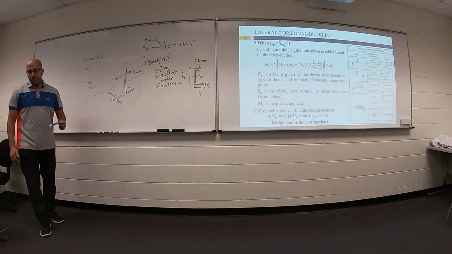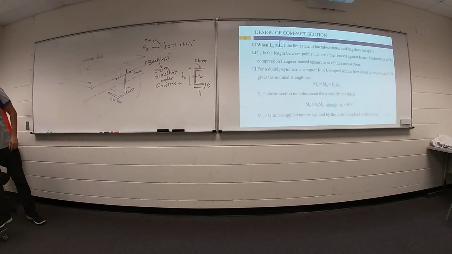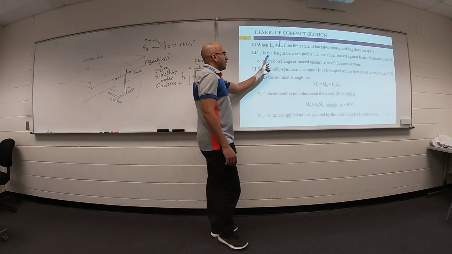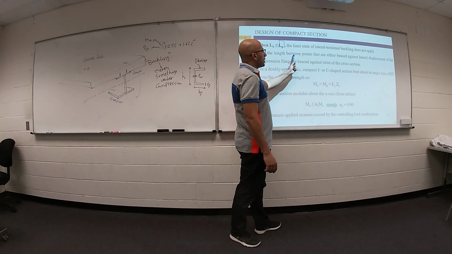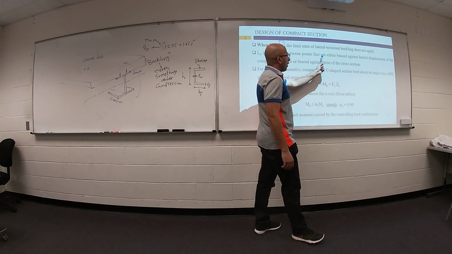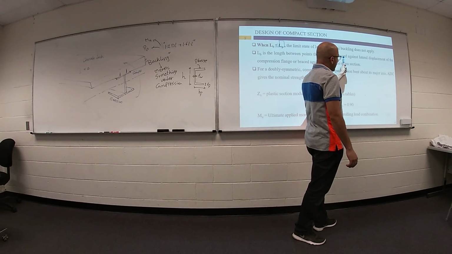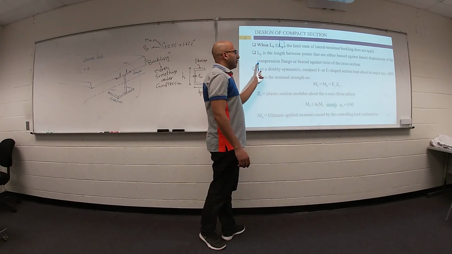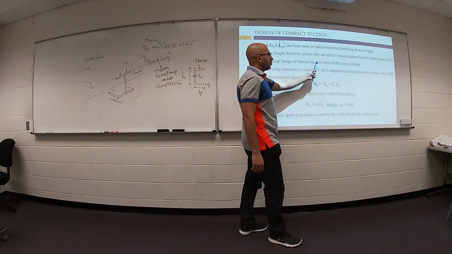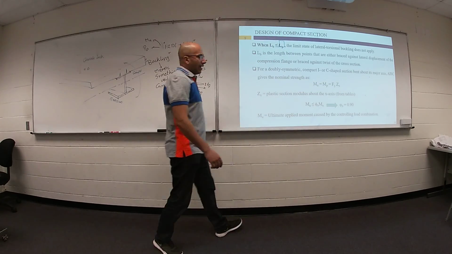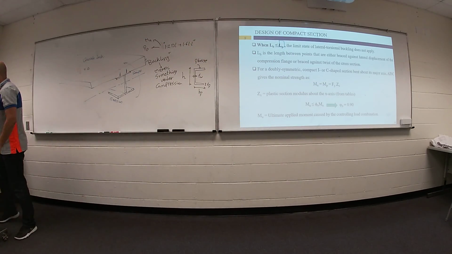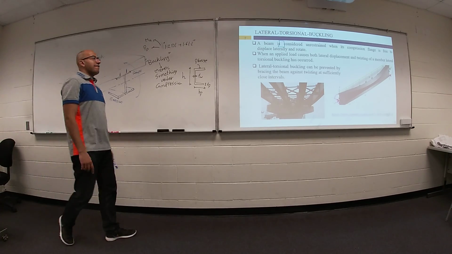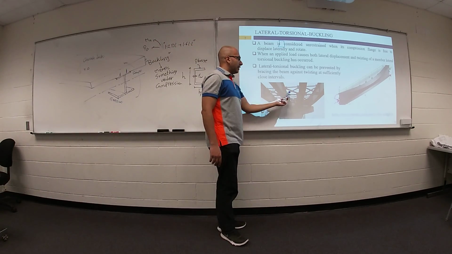LB is called the length between points that are either braced against lateral displacement of the compression flange or braced against twist of the cross section. As you see in the previous example, this one, we have vertical bracing. This bracing